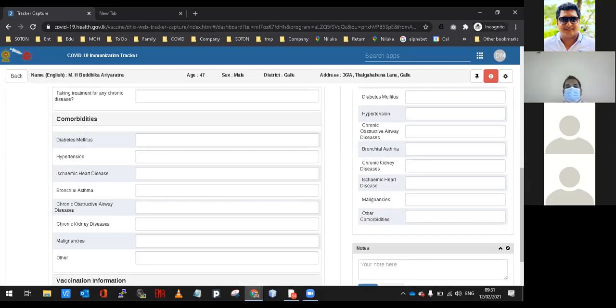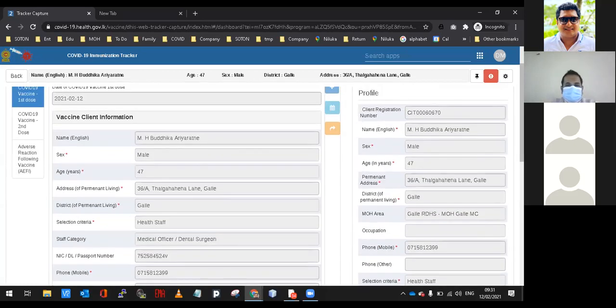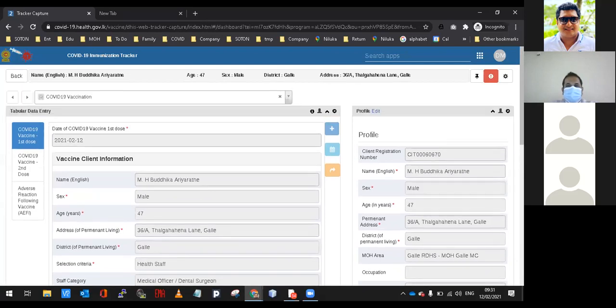Dr. Buddhika? Yes. Dr. Buddhika, while we upload bulk data the first time, is there any easy way to upload this, or should we enter one by one? Yes, for the time being, we don't have a facility provided for everyone to upload all the persons, like from an Excel. But if you have a lot of persons, let me discuss. You send an official request